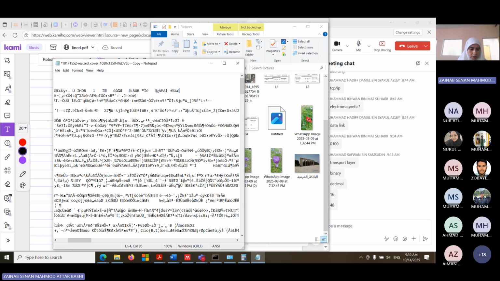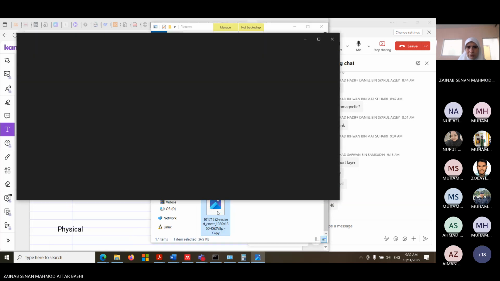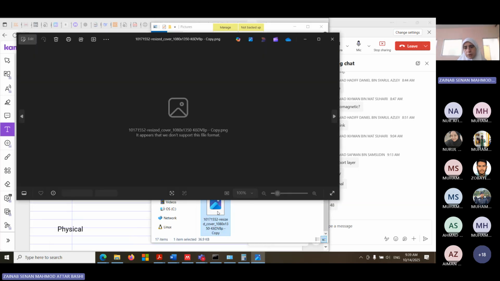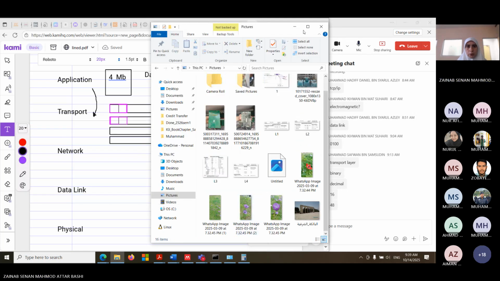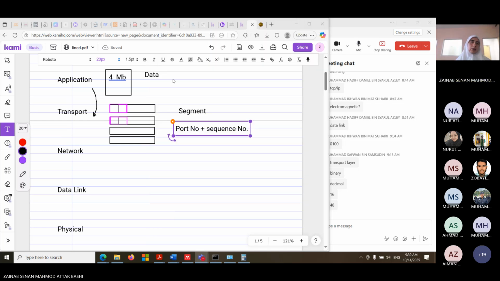Just the order is different. Save it. Try to open the picture. The whole picture is corrupted. Okay, so that's the idea why we need to do sequencing. When we get the data later, we should assemble them in the same sequence or order it was at the beginning.